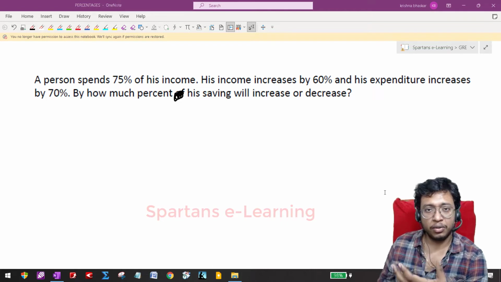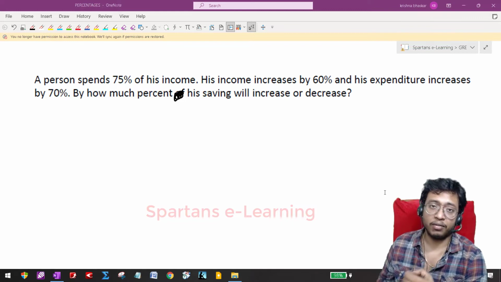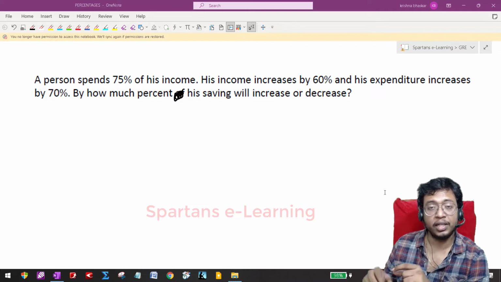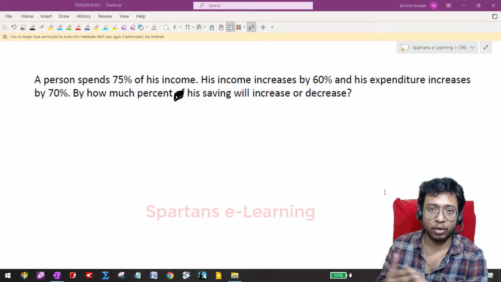Using variables, using formulae, all these things are not real math actually. If you want to solve the math, you have to understand the language, and you have to go without using any variables. You have to feel the question like a puzzle. That's why I keep telling, instead of practicing multiple books, practice the same question in different ways. That helps a lot, right?